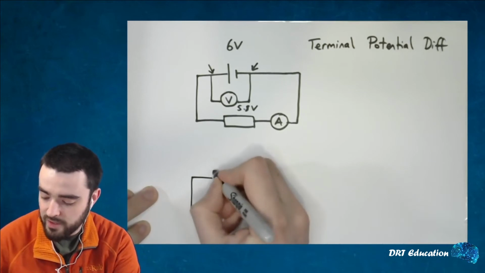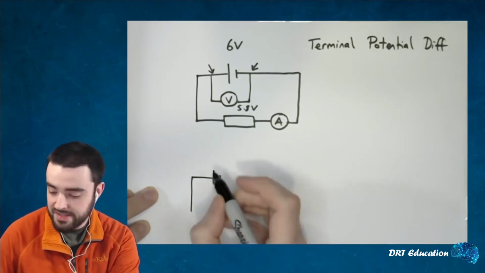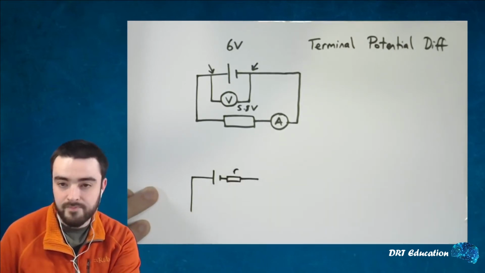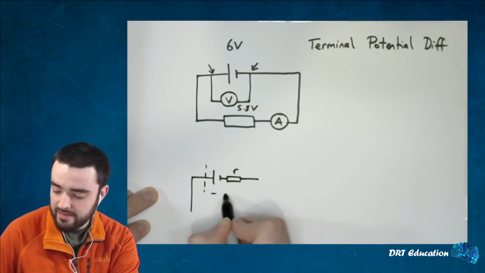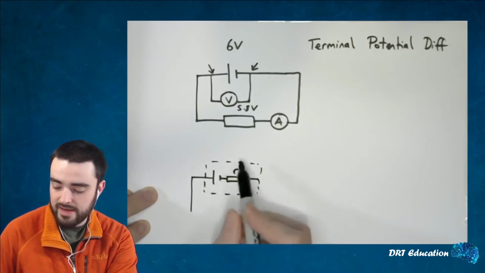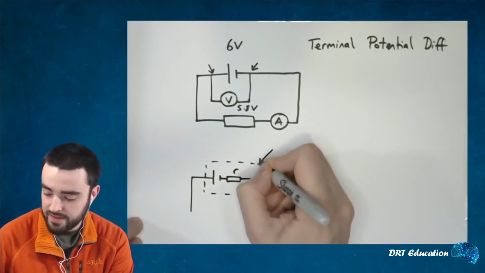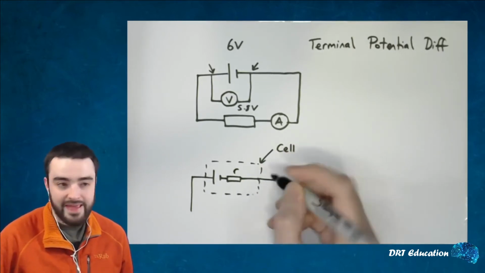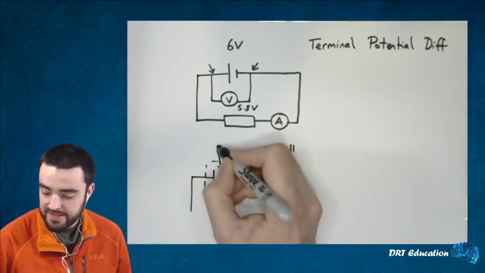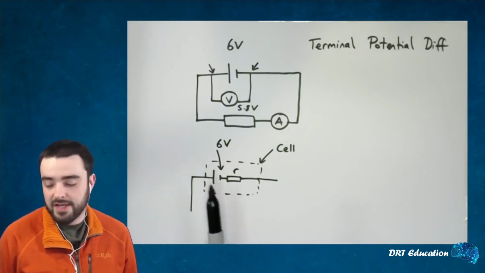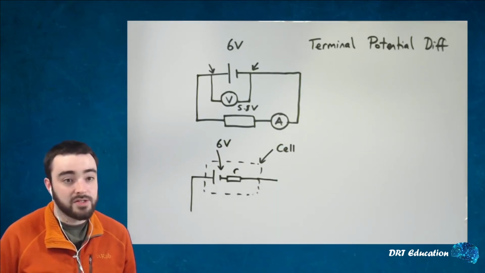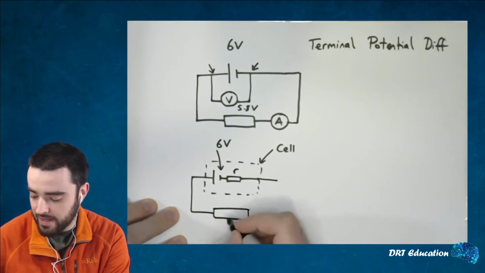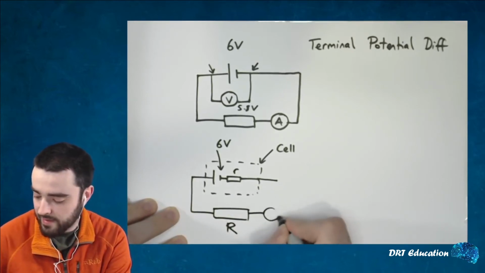We could say, well, we've got a perfect cell with no resistance, but there is also a small resistor in there, which we'll call r, so small r, and this combined is actually what a battery is, or a cell. So this is the cell in total. So although the EMF, the energy being provided by this, is 6 volts, some of that energy is being expended in the resistor small r. Okay, so if we again complete this circuit, so we've got our resistor big R, and we have an ammeter